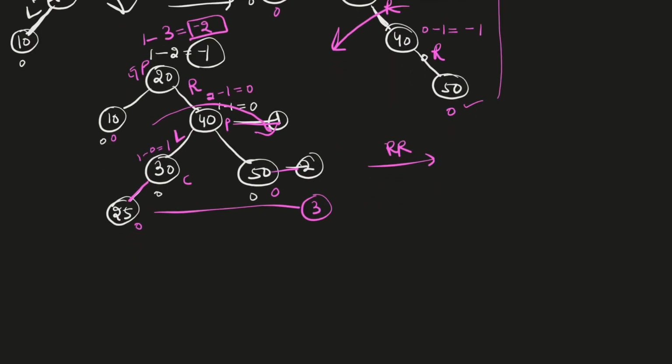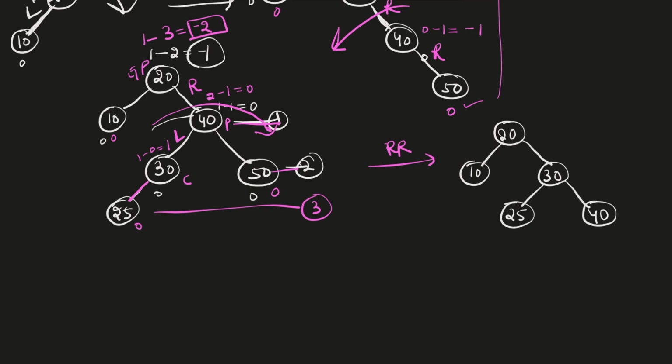So this would become 20 as it is, 10 at its left. And coming to the next part, since we are rotating it, 30 would come at the top, 25 is at left of 30 as it is, 40 would be at the right side of 30 and 50 is at right side of 40. The first part is completed. But the problem has occurred at the